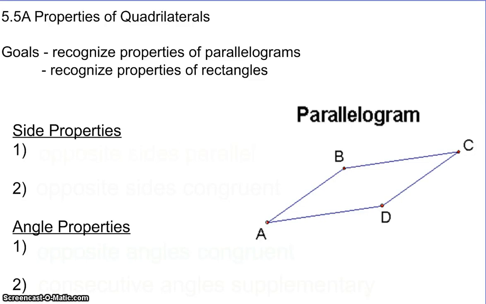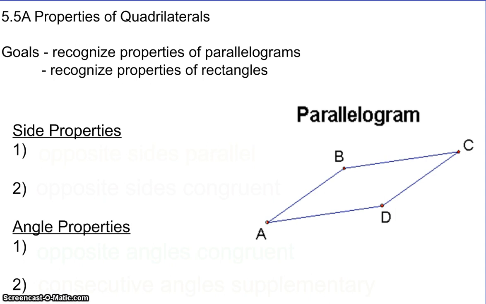All right, today we're going to talk about the first section of 5.5, different properties of quadrilaterals. We're going to focus primarily on parallelograms and a couple different special properties, special types of parallelograms. First one, the parallelogram. A couple different side properties that we are going to need to know for some algebraic